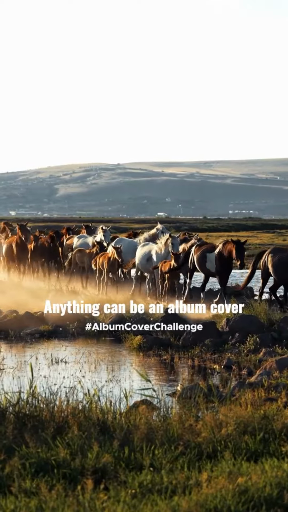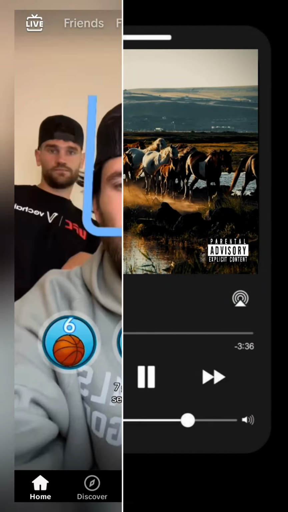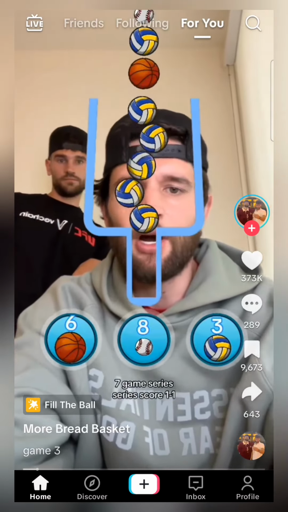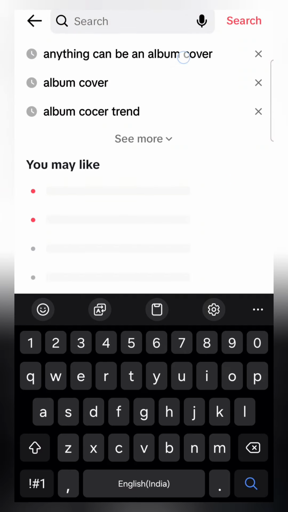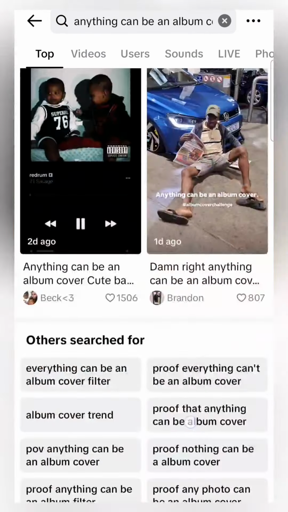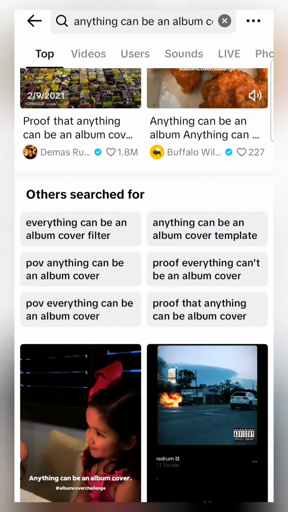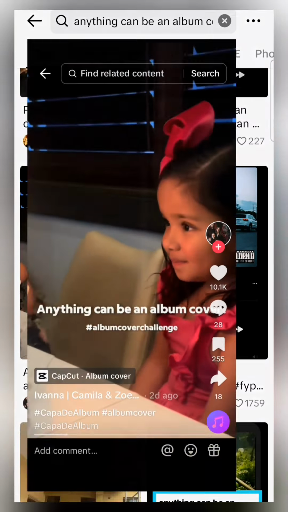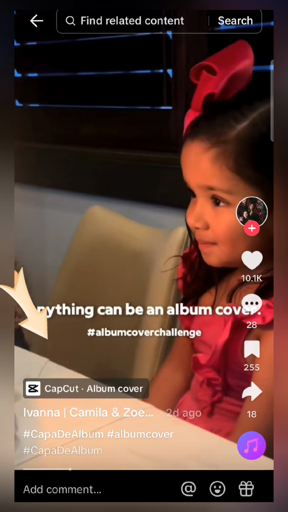To do the "anything can be an album cover" trend on TikTok, first open TikTok. Now go to the search option and search for "anything can be an album cover". Now here you will find lots of videos with the similar trend. Click on any one of the videos with the same trend and then click on the CapCut template option given above